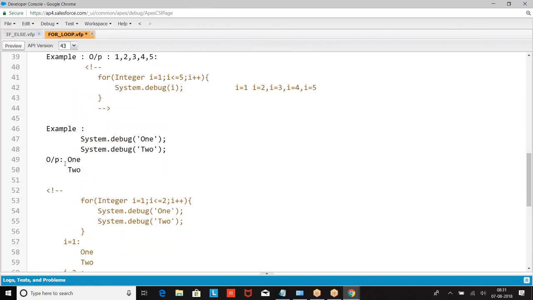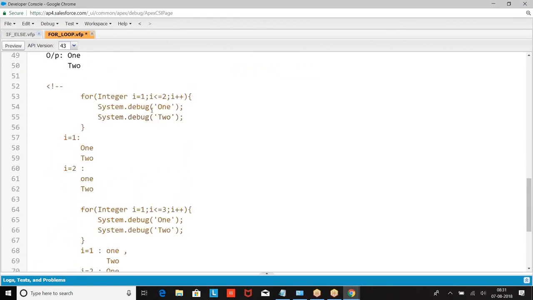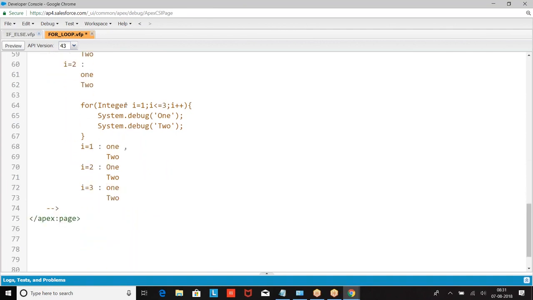If I write it like this, we are getting 1 and 2. If I want to run this twice, write a loop with i equal to 1, i less than or equal to 2; it is going to run 2 times. If I want the same operation to run 3 times, i equal to 1, i less than or equal to 3, i plus plus. When you want a group of statements to run a number of times, then we go for a loop. Right, boss?